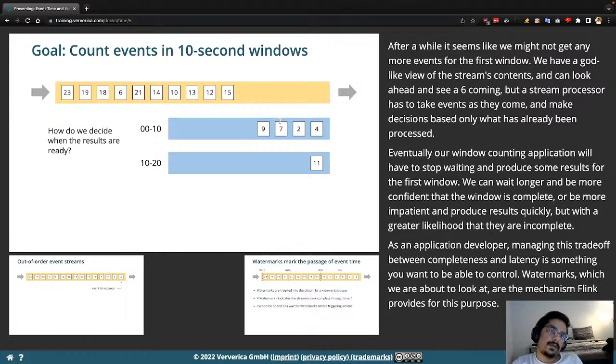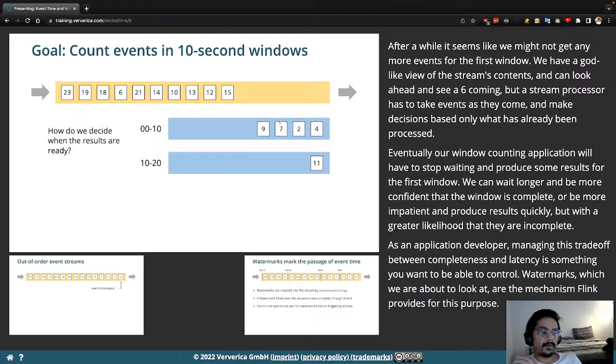How do we know that there are not going to be more events coming in the future which lie in this particular window? We cannot know that. So either we can wait for all of those events to come indefinitely and produce the result at the end,